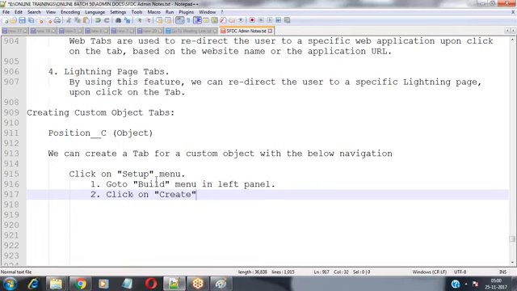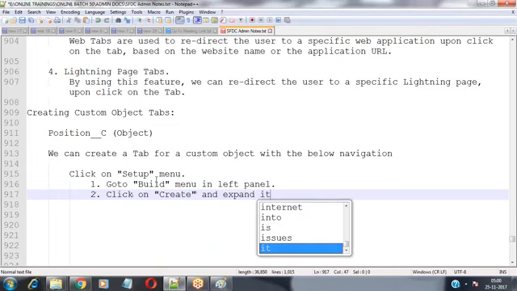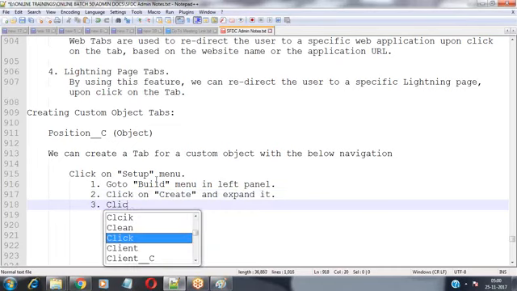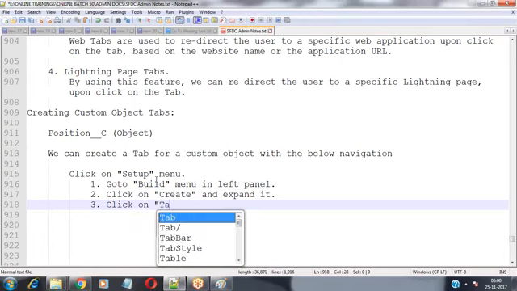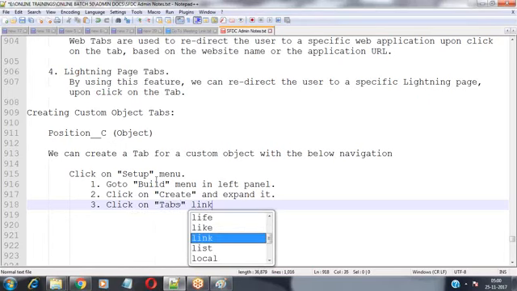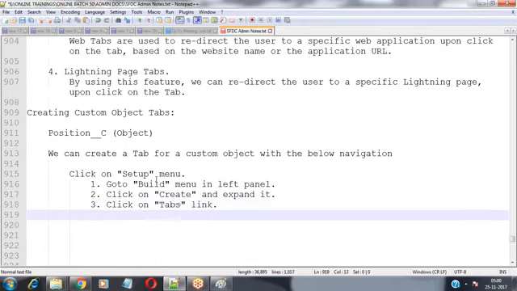Click on create and expand it. And then click on tabs. Click on the tabs link. Previously we discussed create apps, nothing but applications, and create objects, nothing but creating the objects. Now we are using tabs to create the tab.